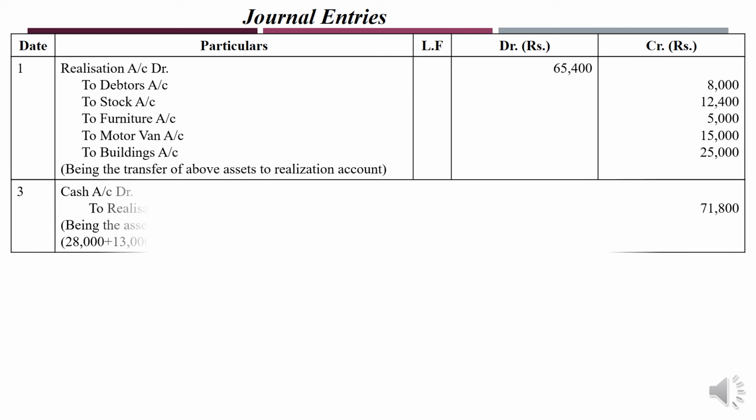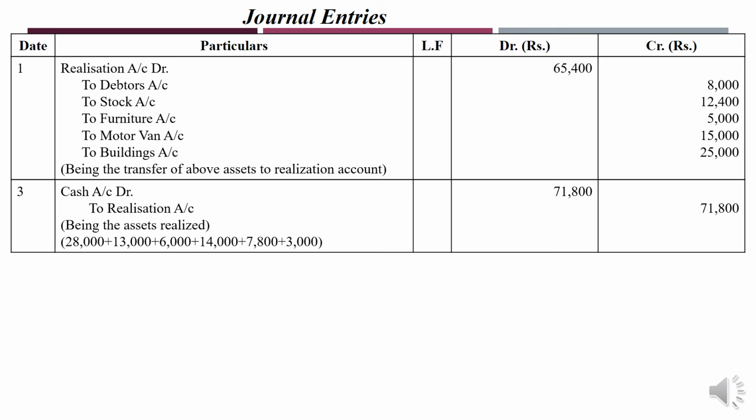Now, the second one, cash account debit to realization account. Then I think in the adjustment we have the realized values. So whatever assets are realized, when you sell them, you get the cash. So cash account debit to realization account at the realized value of all the assets which are sold. So this is the sum of it. Okay, fine. 71,800. Their book value is how much? 65,400. But the realized sale value